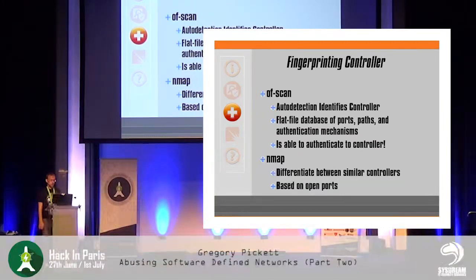Nmap is mentioned for differentiating between versions of controllers. Case in point is OpenDaylight. From the API perspective, Helium and Lithium look identical. But there is a way to tease out the difference. There actually a different set of ports open on Helium versus Lithium. So if you are fingerprinting a controller and you're dealing with versions and from the API perspective you're not able to differentiate between the two, the port scan can oftentimes tell the difference between one particular version of a controller and the next.